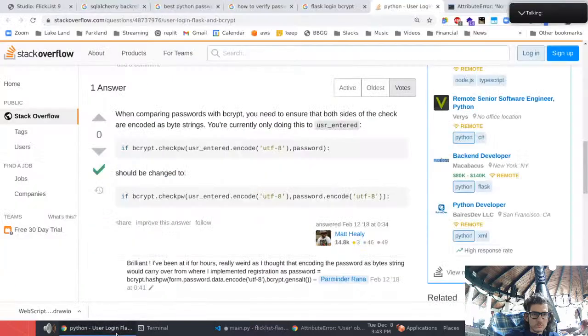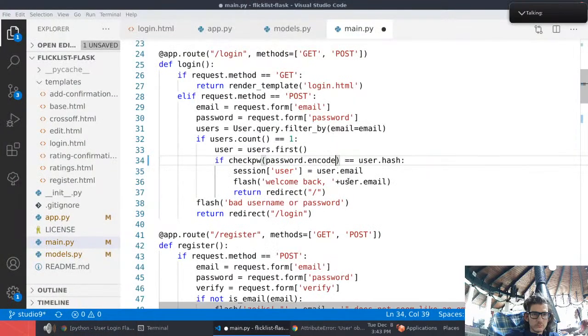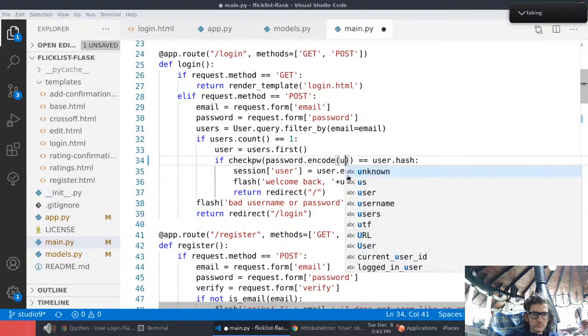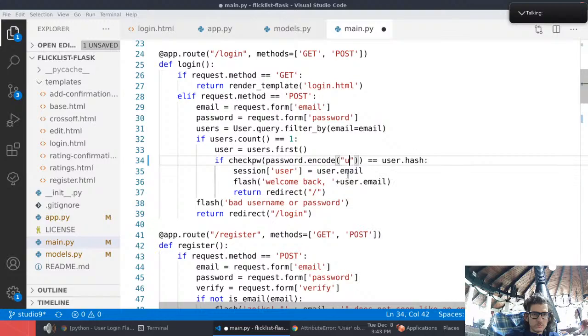Okay, and we're just using UTF-8. That's the first argument, and the second argument is